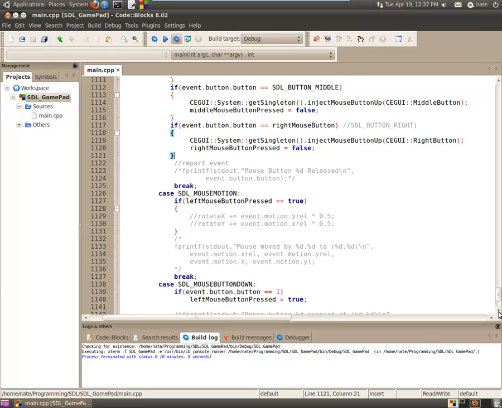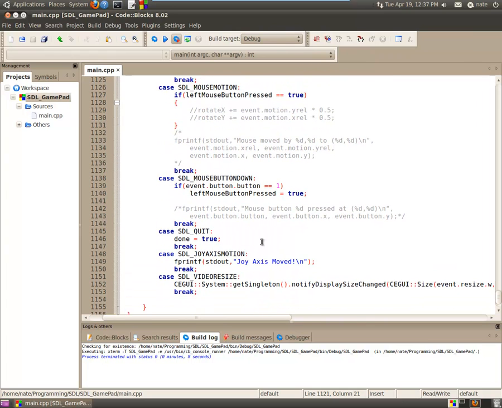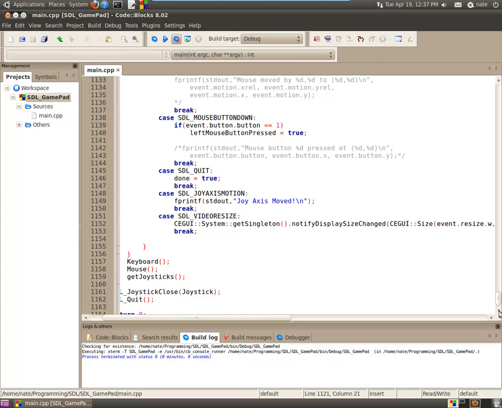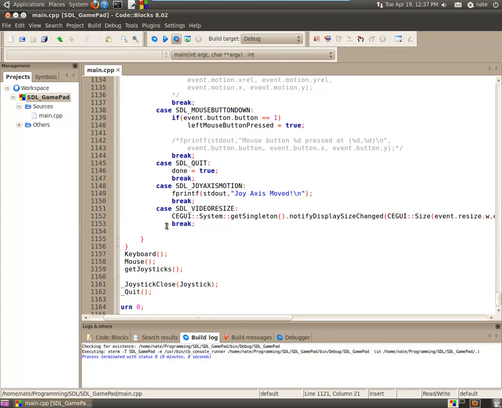And mouse motion, mouse button down. We already did that up above. And then direct method. Video resize, yes, we need to do this too. Okay. So case SDL_VIDEORESIZE: